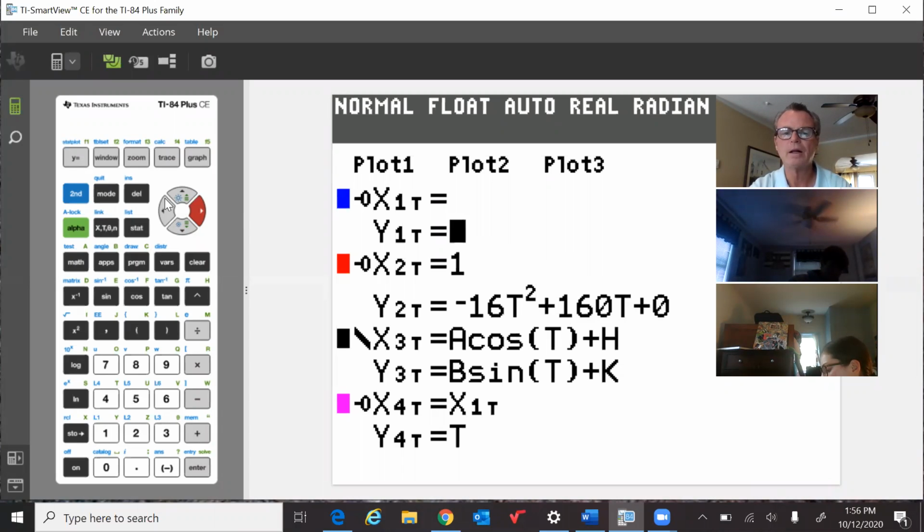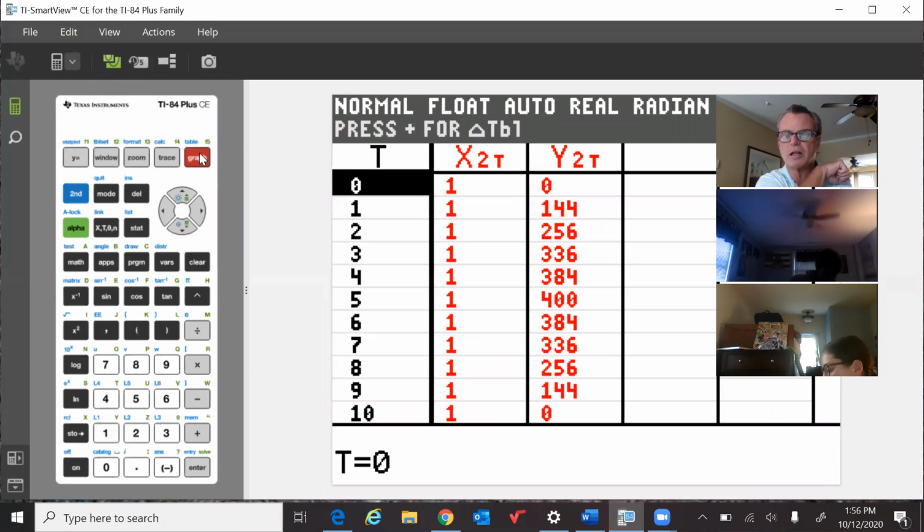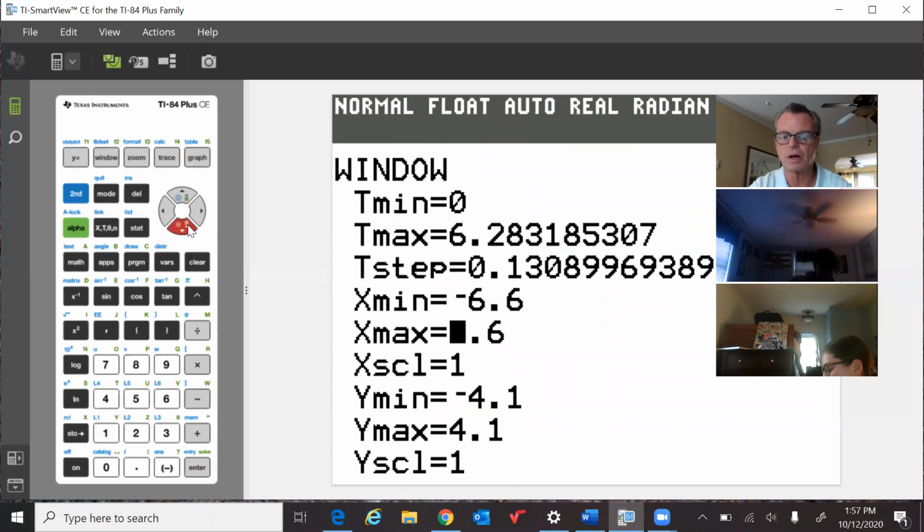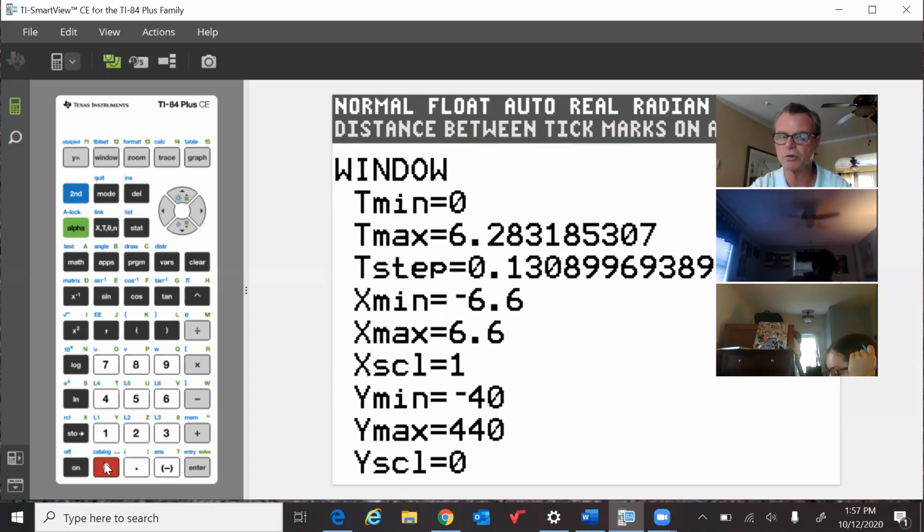Now the window, ready? If I turn this on, I need to build a window. So if I go to the table, this is telling me as high as the graph gets is 400. Yes? So I go to window, I say, all right, the y values, I'm going to have to change them. Let's go from, say, negative 40 to positive 440 so I can see this thing. I'm going to make the y scale 0 because I don't want those notches there. If I push graph,